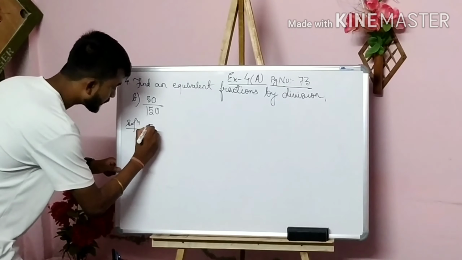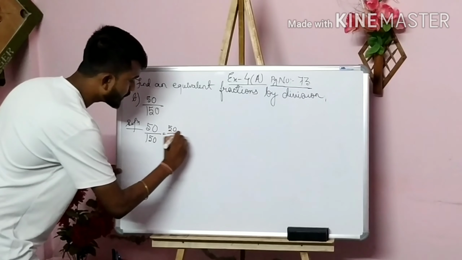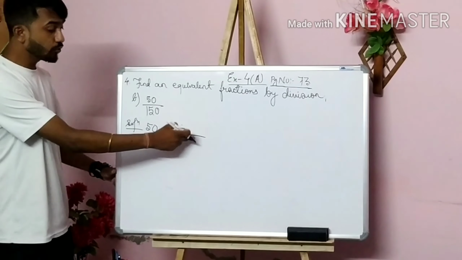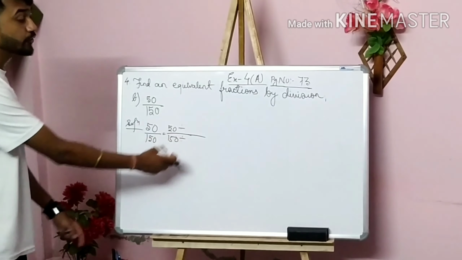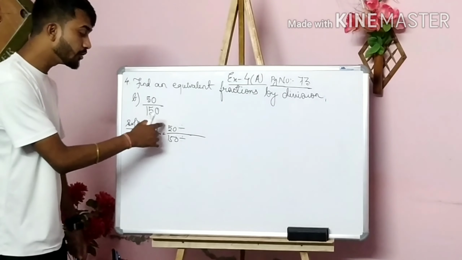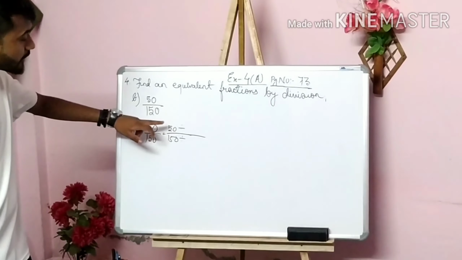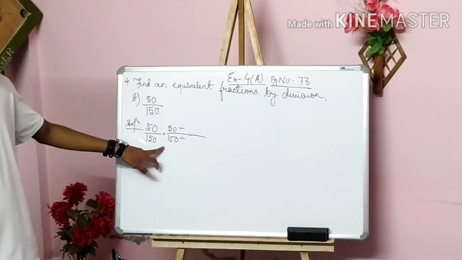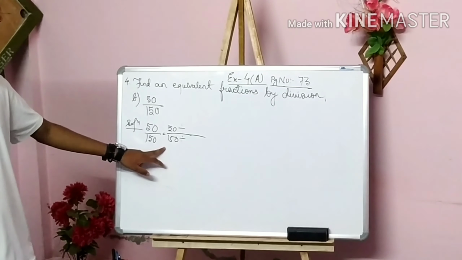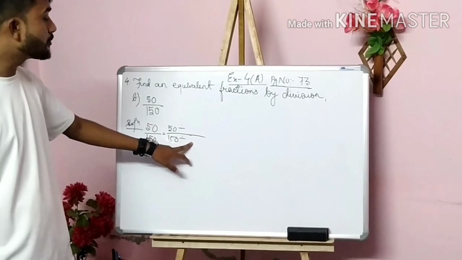Okay, you see that 50 by 150 was there, I have written it. So I am going to divide 50 and 150, give a division sign, and we will write the same number here for both the numerator and the denominator. So you have to choose a number that will divide both 50 and 150, that means the numerator and the denominator. You cannot choose a number that will divide only the numerator but not the denominator. You have to choose a number that will divide both, because you cannot write a different number in the numerator and a different number in the denominator.